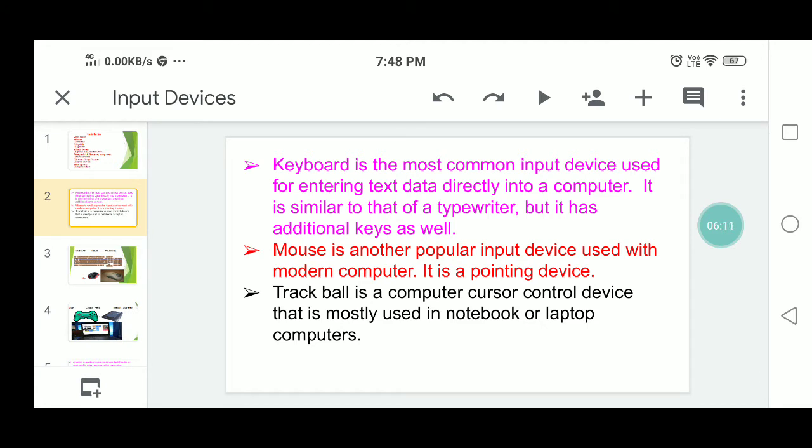This arrow is called the cursor. Moving the mouse on your desk moves the arrow on the screen. This is the nature of the working of the mouse.